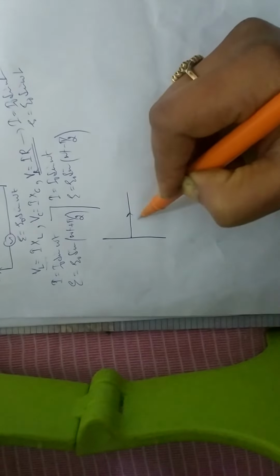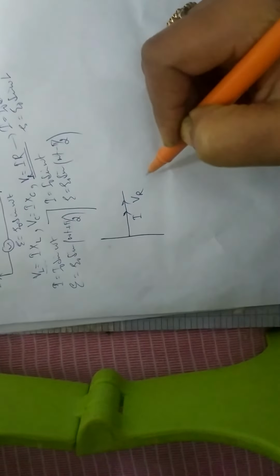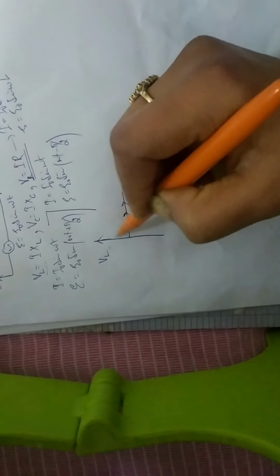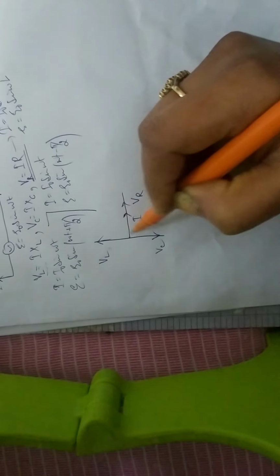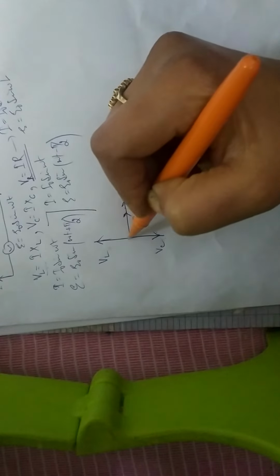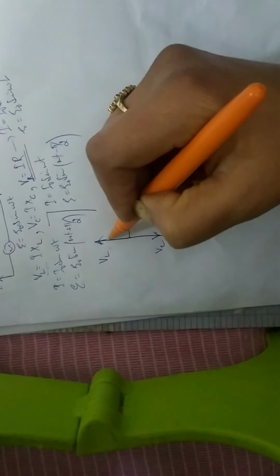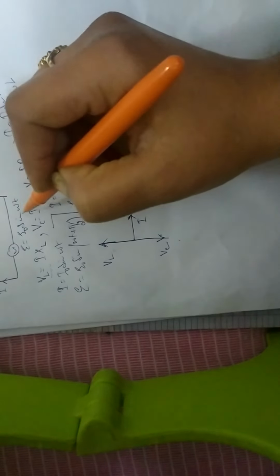When you represent this in the phasor diagram, see, if this is the direction of current, so we are taking current here. VR is in the same direction because they are in phase. VL is over here because it is leading by an angle of 90 degrees, and VC over here because it is lagging behind the current by an angle of 90 degrees. I have drawn this arrow a little bigger than this arrow, meaning VL we have taken more as compared to VC. Why are we taking it here?